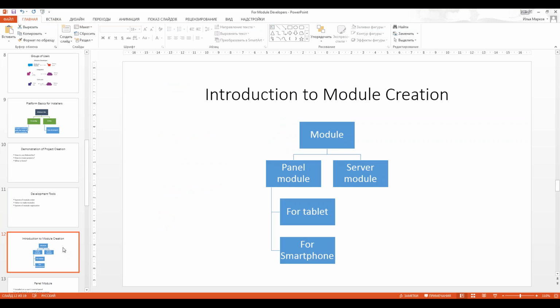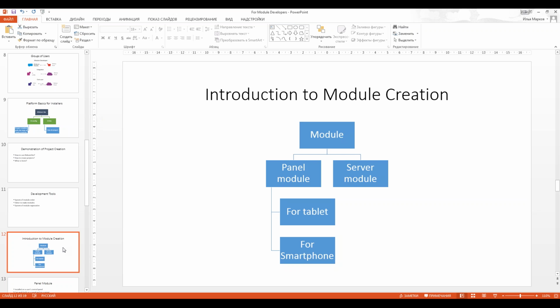Let's speak about module creation. So the module is a panel module and server module. The panel module is a module that starts on mobile platform or smartphones, and when you develop a panel module, you create the interface for tablet and the interface for smart home.